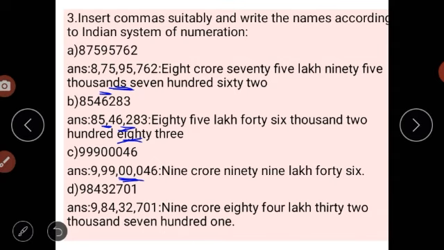Next, what are the next 2 digits? 4 and 8. After that we will again place a comma. What is the one number remaining there? 9. So we will write 9 as it is. Then we have here 3 commas. It means here the value for 9 is for crores. So here the number becomes 9 crore 84 lakhs 32,701. Getting it?